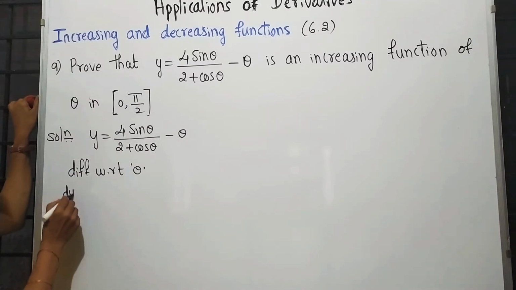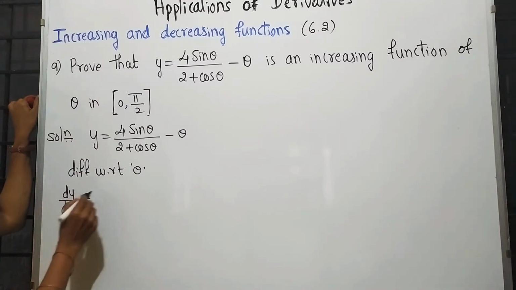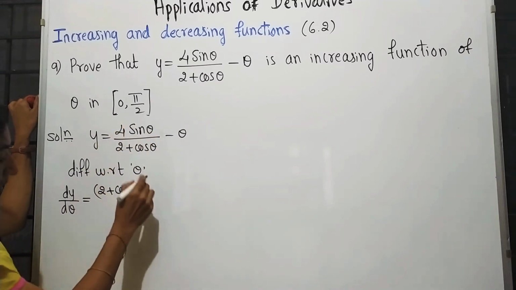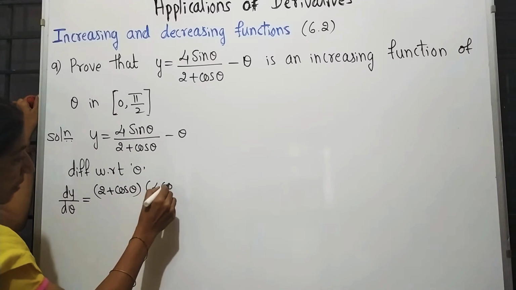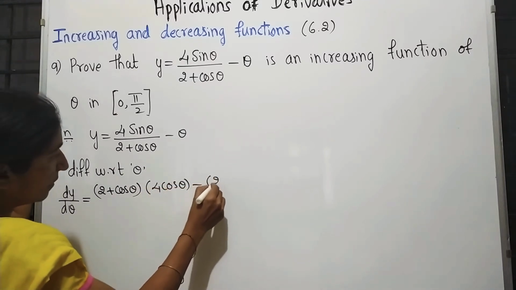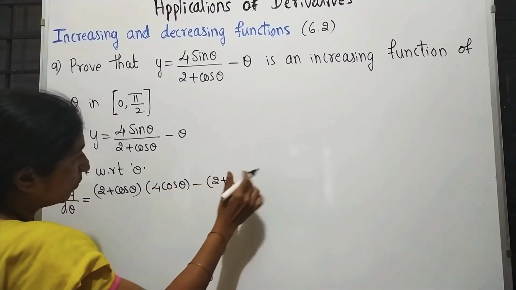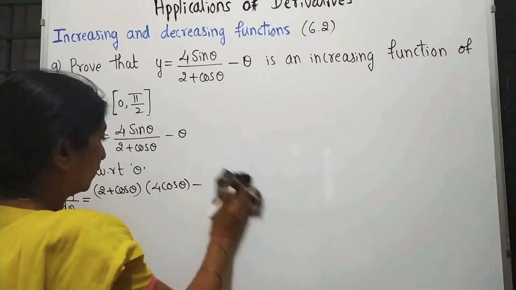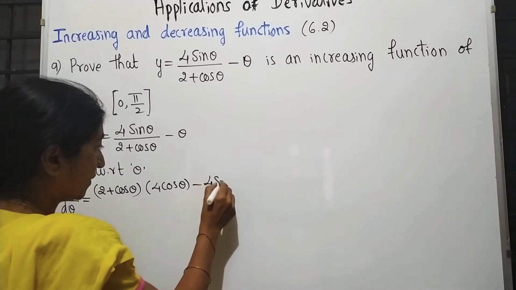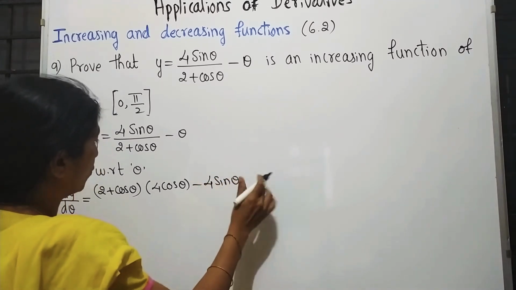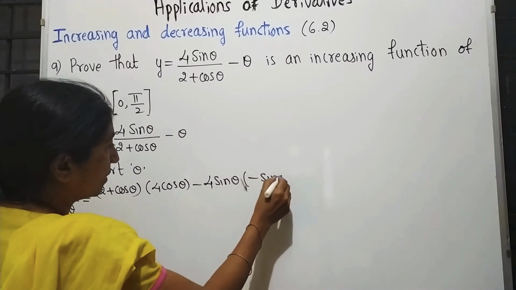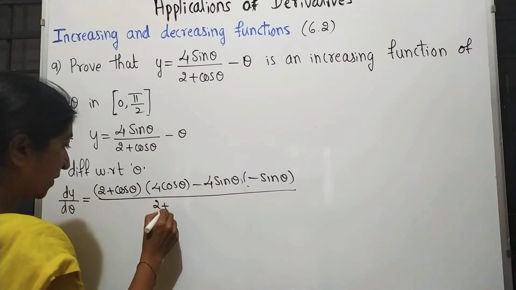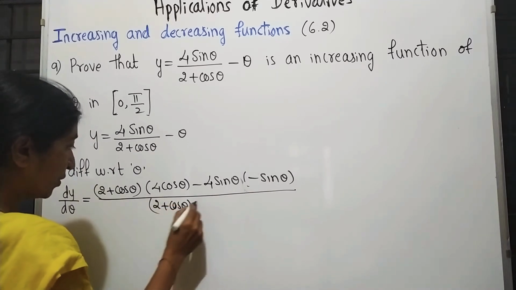Now dy upon d theta is equal to, as it is u by v, 2 plus cos theta times the differentiation of 4 sin theta, which is 4 cos theta, minus 4 sin theta in the bracket times the differentiation of 2 plus cos theta, which is minus sin theta, whole divided by 2 plus cos theta whole square,